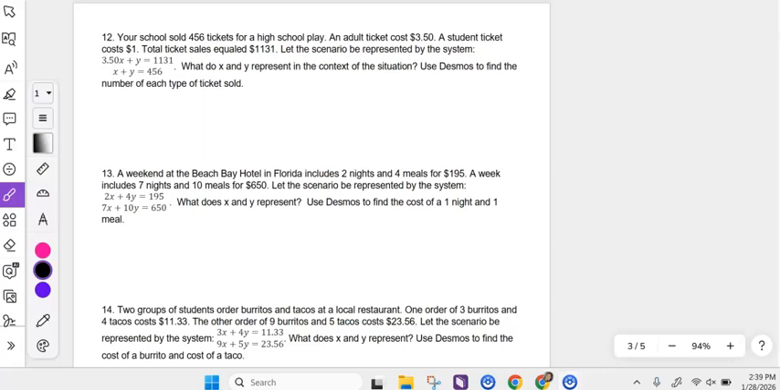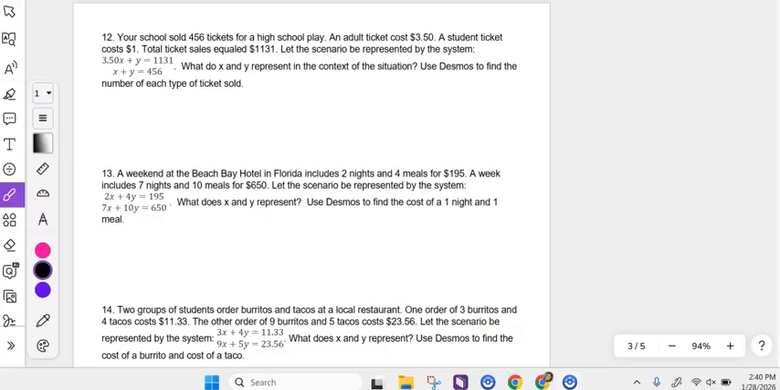Okay, this is part 2 of topic 5, test review. Number 12: your school sold 456 tickets for a high school play. An adult ticket cost $3.50. A student ticket cost $1. Total ticket sales equaled